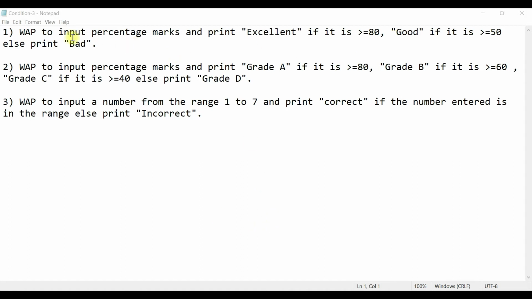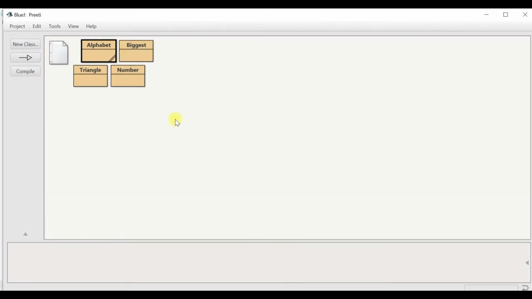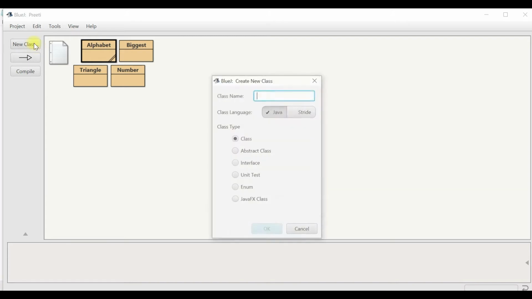Fine. So again we will use the scanner class as we have to input percentage marks. So let's start. First we will create a class. In the class I am taking here marks.